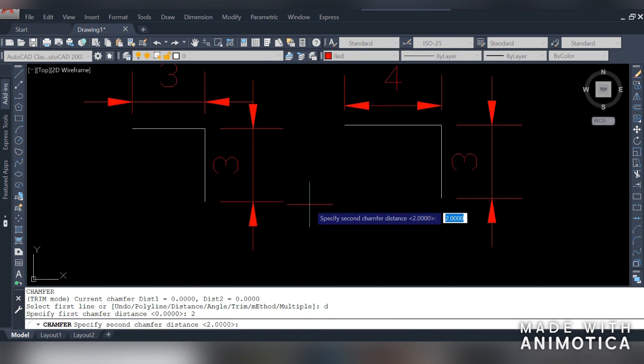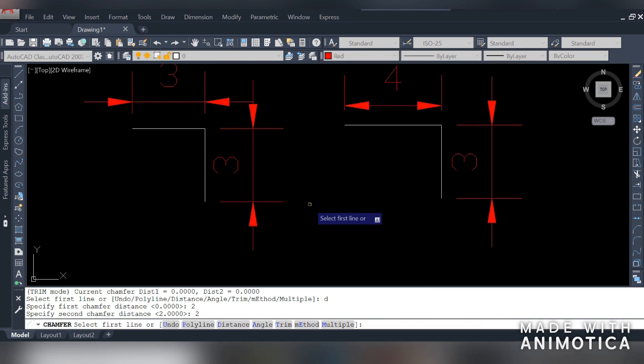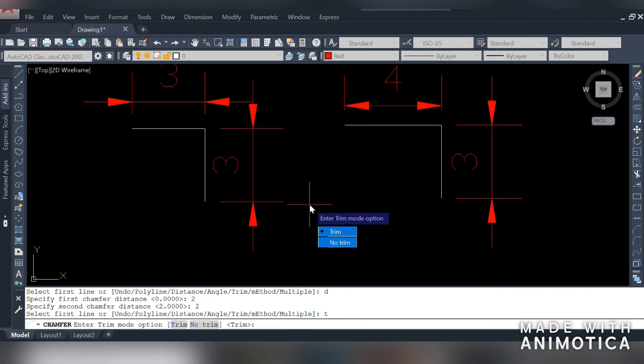Specify the first distance, specify the second distance. Now to choose trim and no trim, press T and then press enter. Now we can see as fillet, here is also two options available, trim and no trim.